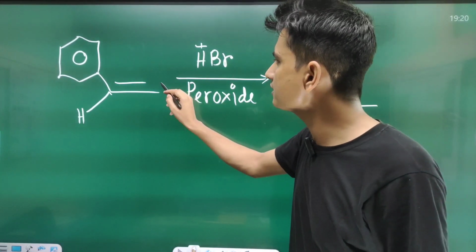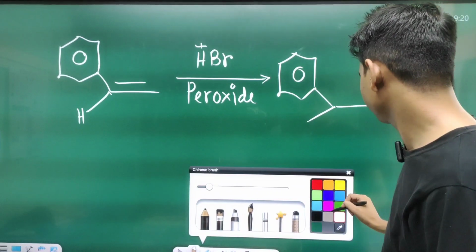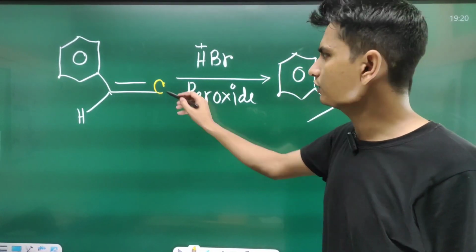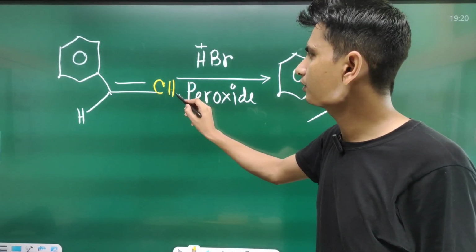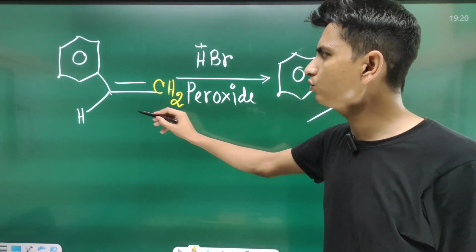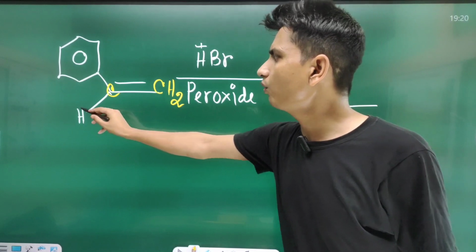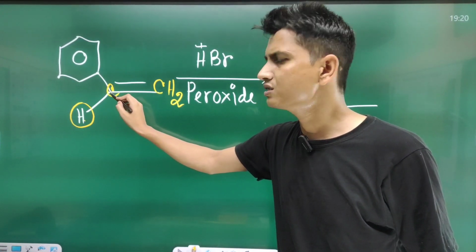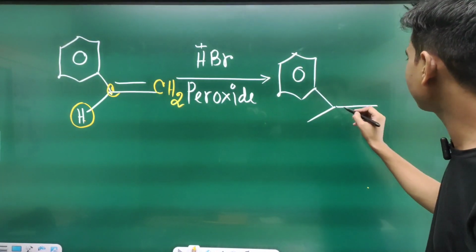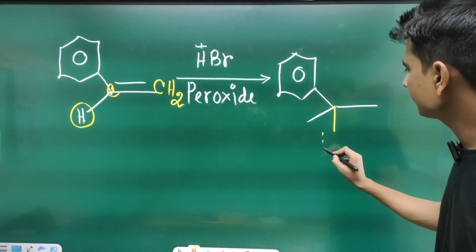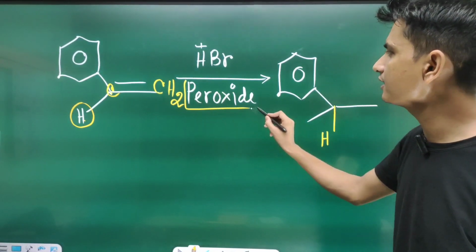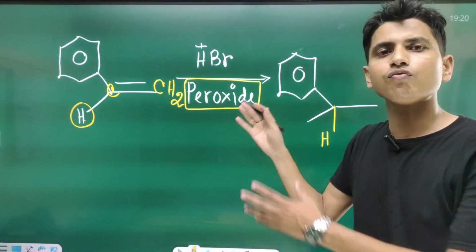Less number means here is carbon atom exist. Number of hydrogen atom is here 2, but in this carbon atom only 1 hydrogen atom. That means less hydrogen containing carbon is this one. That's why in this carbon you have to add hydrogen, because in presence of peroxide, anti-Markovnikov's rule will follow